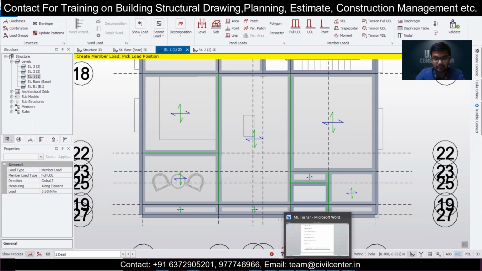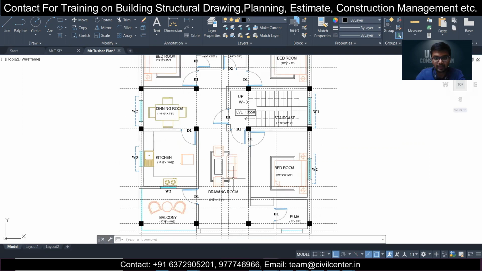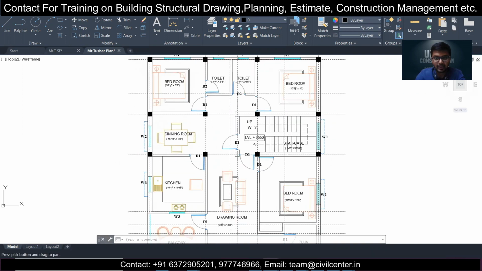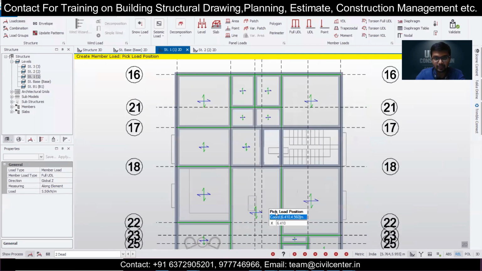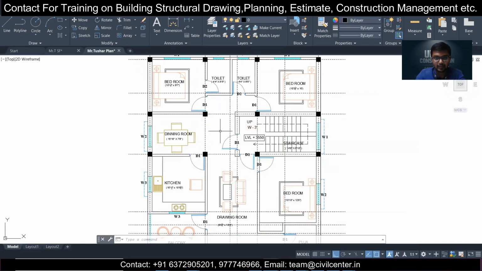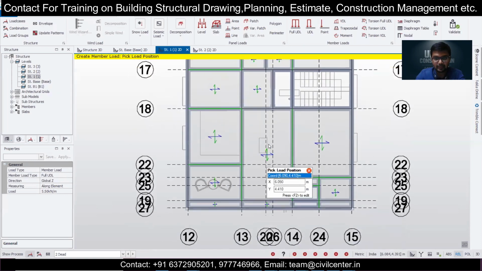And let's check. It's very important to check and provide your loads to achieve an economical design. You don't want to apply loads at places where you don't have any walls. So let's see if we have a wall here. I think we're having a drawing room, open drawing room, so we don't have any wall here. So we don't need to provide anything. But let's now provide for the external walls then.